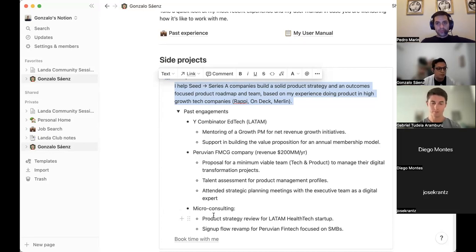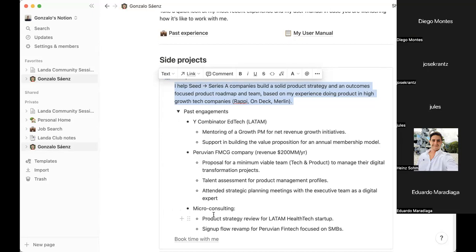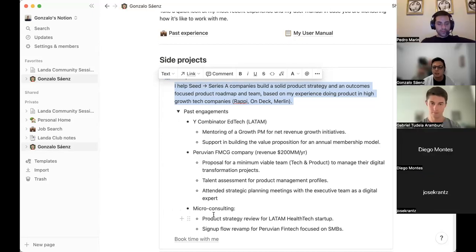So what I wanted to add here are maybe referrals or recommendations. So people can see my projects or my past engagements and the impact that I had, or whatever I helped the companies to achieve. But also they can have some social proof that these people were actually happy with the work I've done. I think that's also really important.